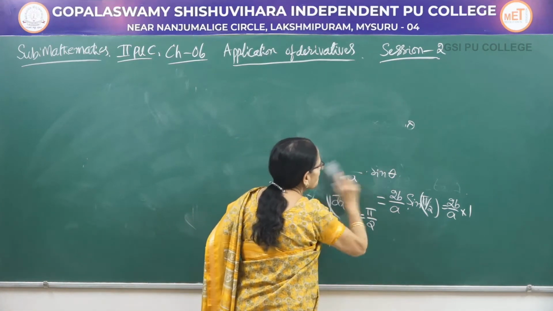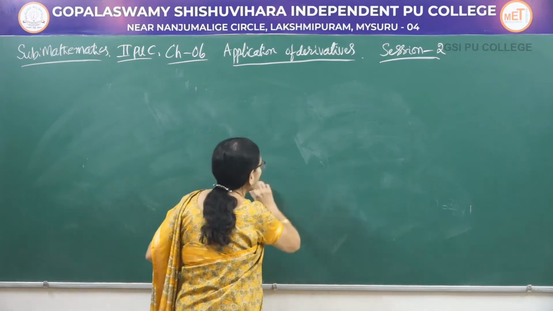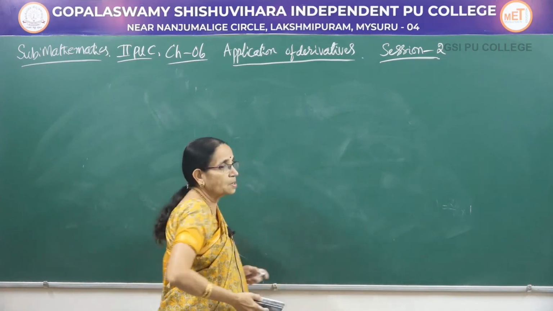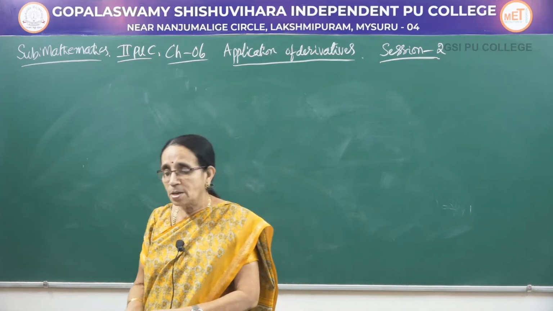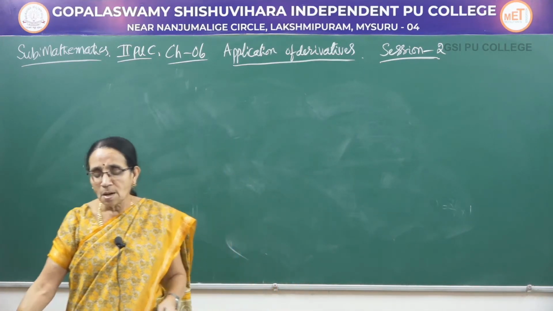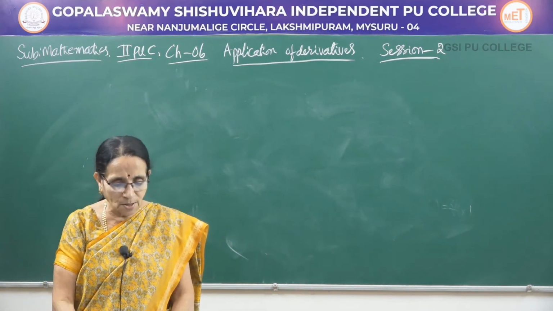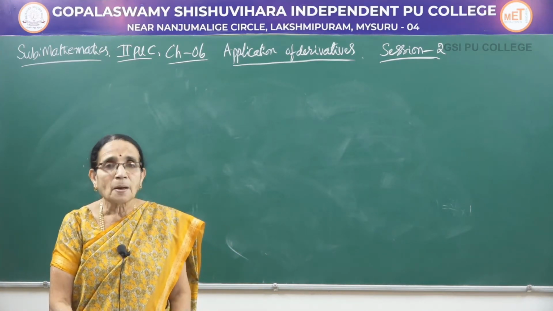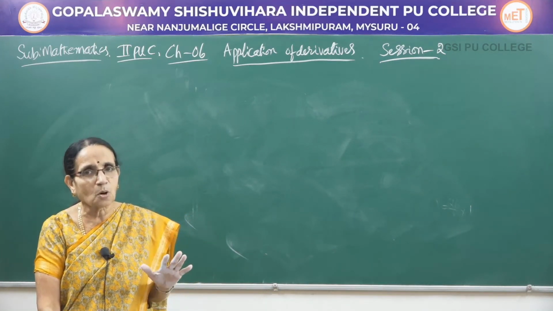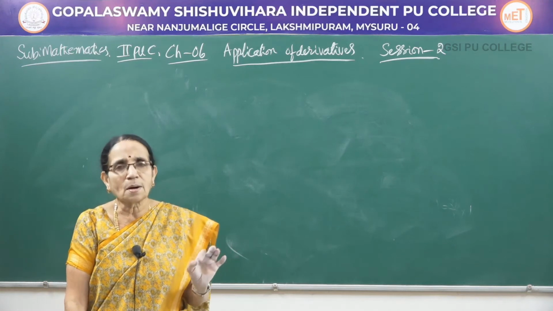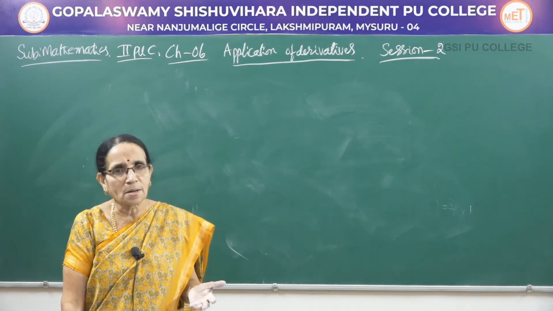So as soon as a function is given, first you do the differentiation. Okay, you differentiate and then substitute the values of x and y when a point is given, or sometimes only x is given, or in the parametric function, if the value of theta is given, then you can get the value of dy by dx. So if the slope of the tangent is asked in the problem, then you stop there and write the answer as slope of the tangent equal to whatever number has been calculated.